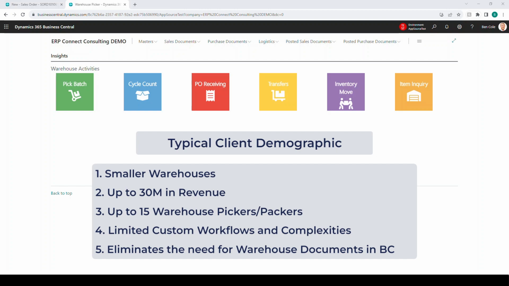And we are eliminating the need for warehouse documents, which sometimes we can find to be overly complicated and take a lot of extra steps and clicks, right? So what we've aimed to do here is streamline the sales order, pick, pack, ship process in order to save time. We do still control when the warehouse gets things, although we try to make it a bit easier than using the warehouse documents and all the custom workflows and other things that you may find